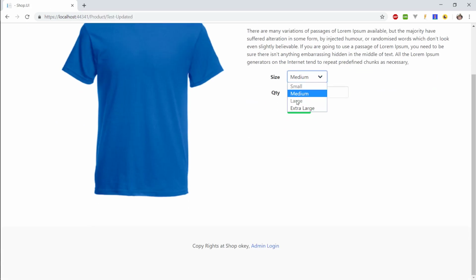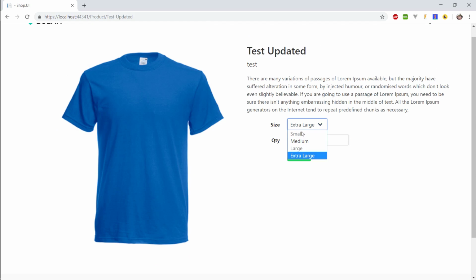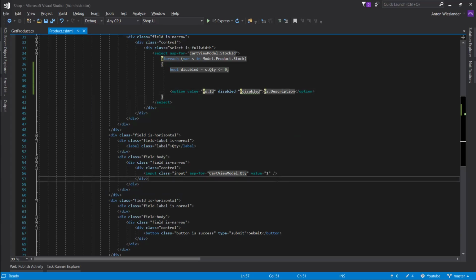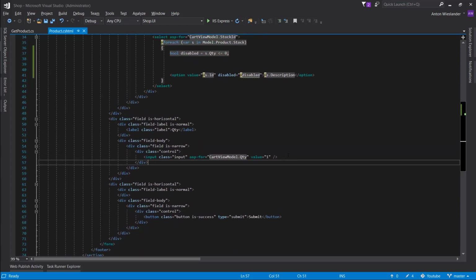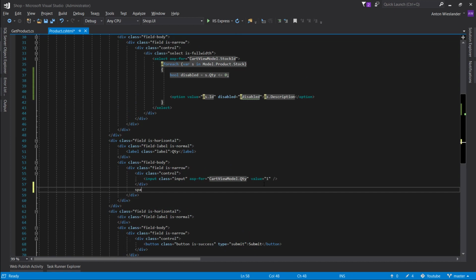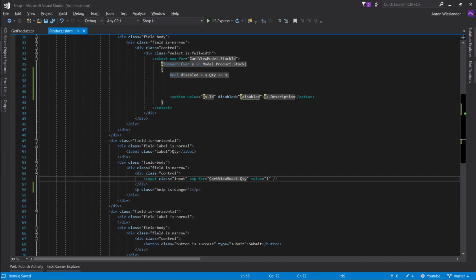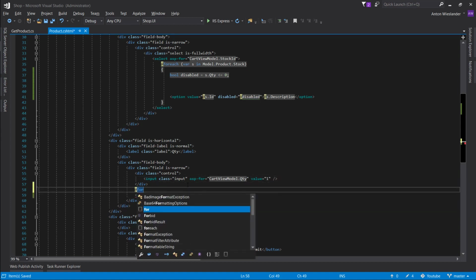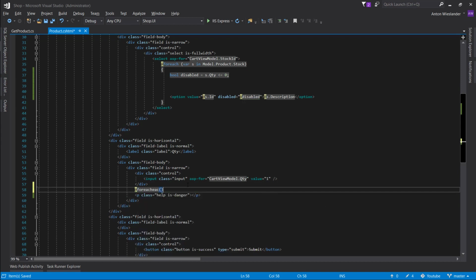And you see it defaults to medium. You'd want to display how much stock you have left. So let's say right below here, let's make a span. Let's give a class help and is-danger. And let's actually make this a paragraph. What we want to do is for each of our stock,